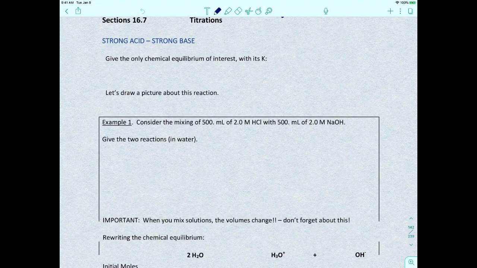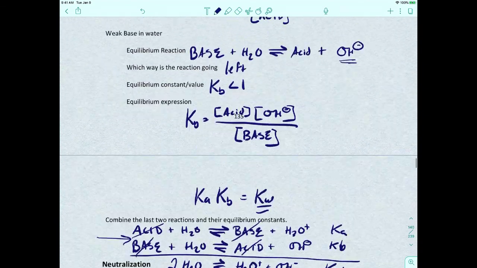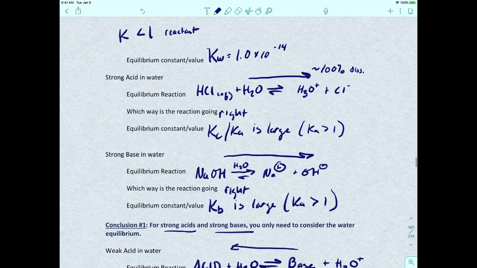Okay, so let's take a look at a titration. The first scenario that we're going to start with is a strong acid reacting with a strong base. How do we neutralize that? Okay, so going back to what we talked about in the previous video, up here with strong acids, we said